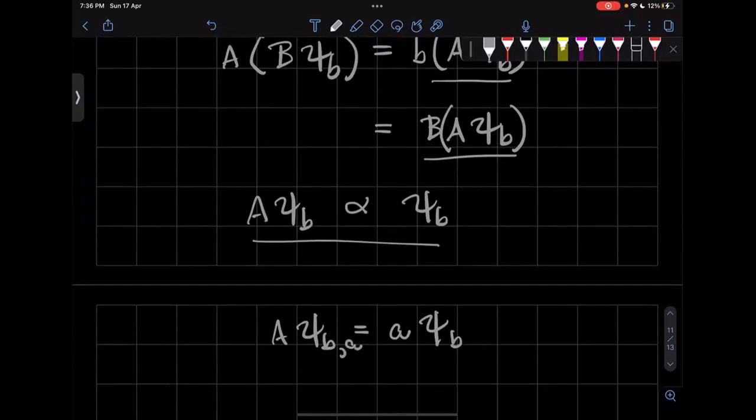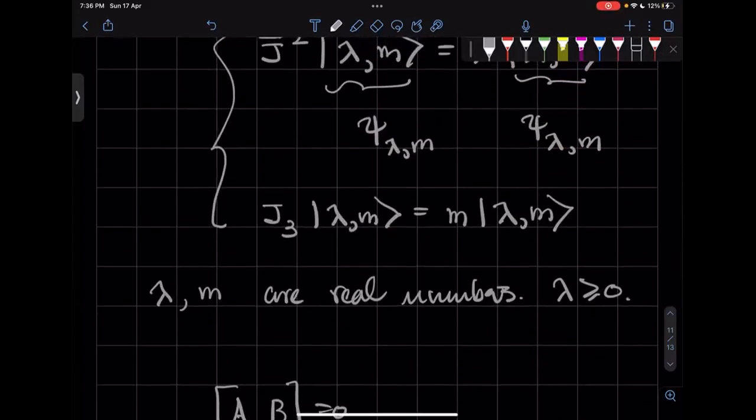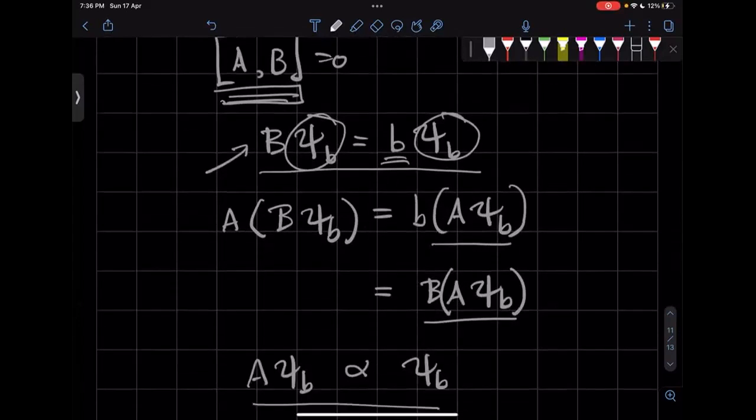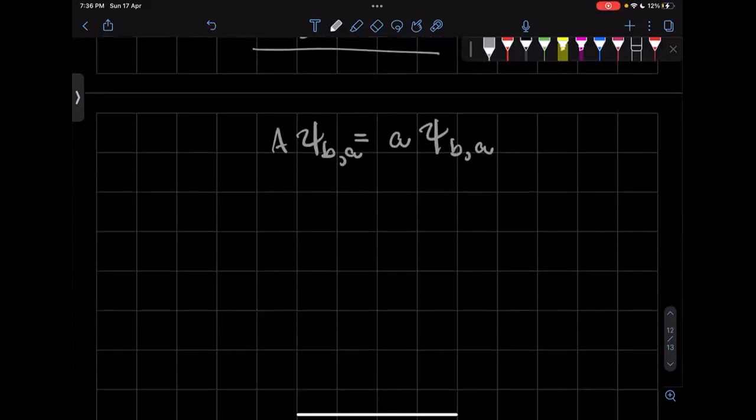So we should label them with both. Okay. So this is a quick and dirty proof that if you have two operators which commute, then you can have simultaneous eigenvectors. Okay. All right, so